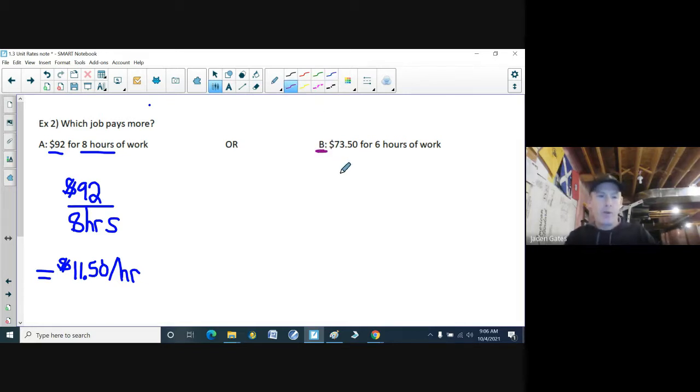Now, if I'm going to compare it to job B here, I have to find the same unit rate. So even though there are two different unit rates, if we're comparing, we've got to find the same one. So we had dollars on the top. So I'm going to take my $73.50